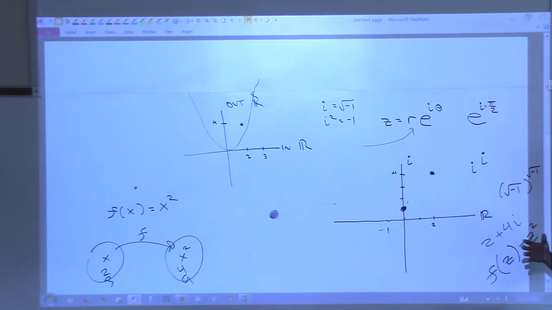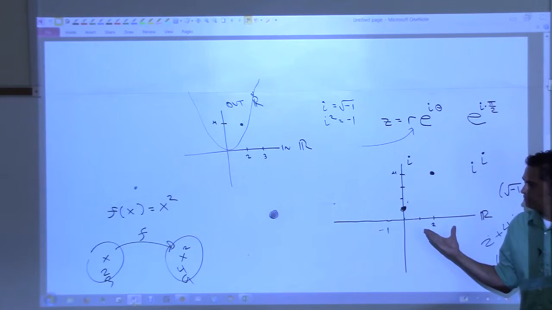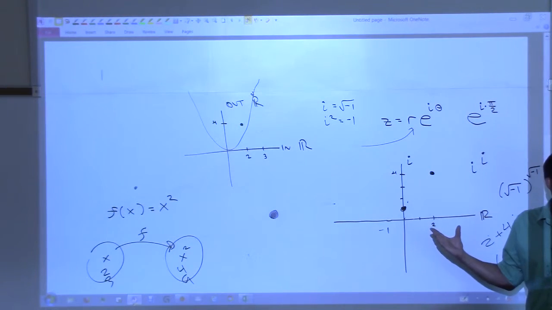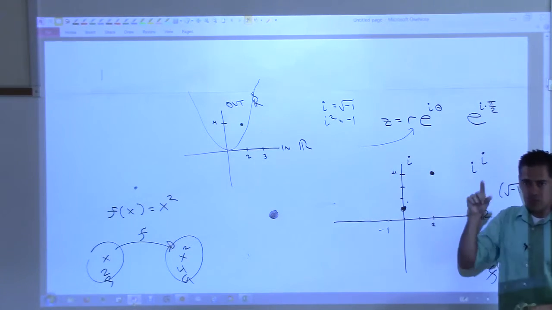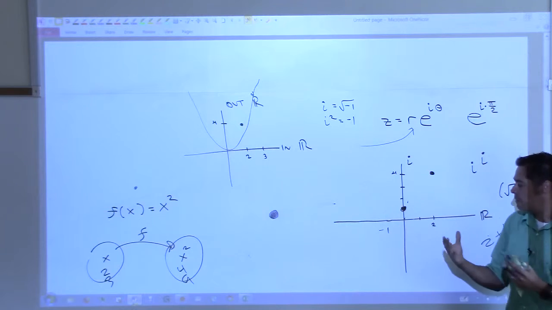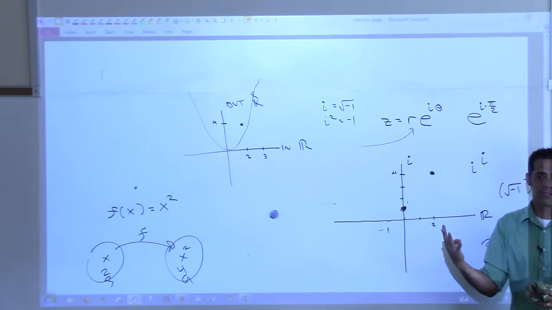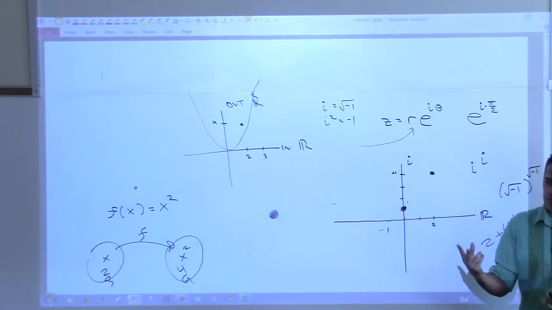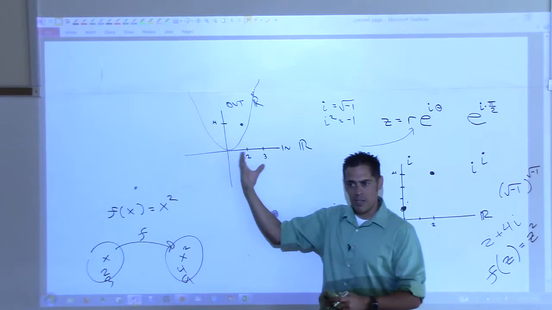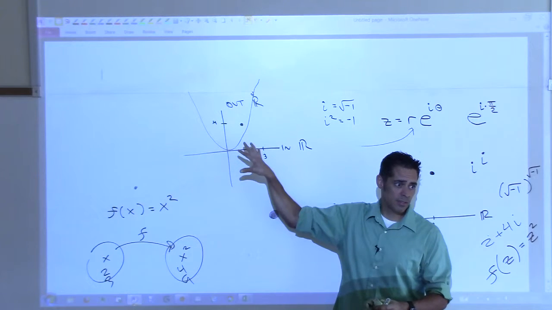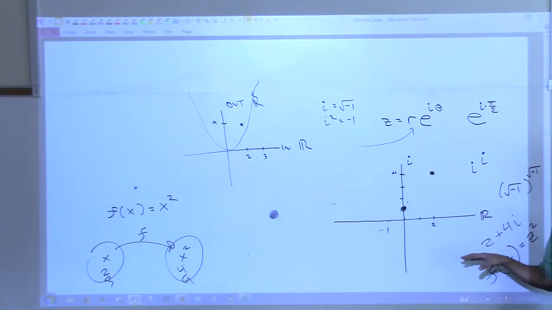Okay, what am I going to need to visualize the input? This, right? What am I going to need to visualize the output? Well, the output's going to be another complex number, right? So I'm going to need 2 dimensions to represent the input and 2 dimensions to represent the output, which means the graph of this function requires 4 dimensions. Understand? 2 for the in, 2 for the out. Here, we only need 1 dimension for the input, 1 dimension for the output, and so we can visualize it 2-dimensionally. Yes? But with complex numbers, if you need 2 for in and 2 for out, 4 dimensions to visualize it, can't do it. Can't visualize it.